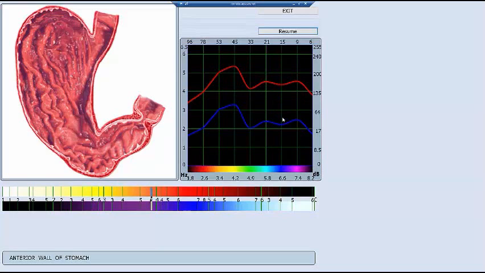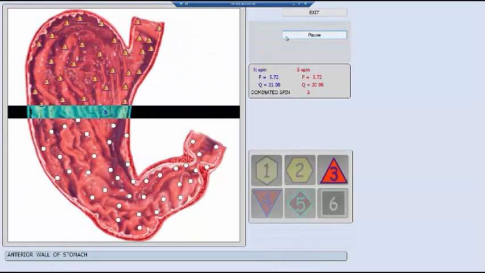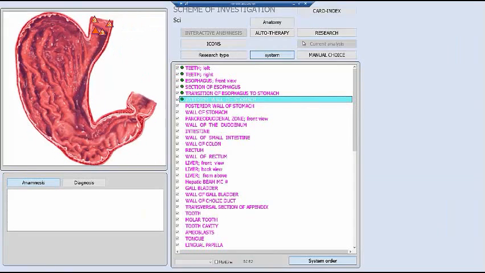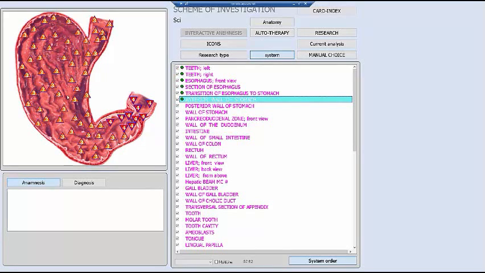So when you're looking at these graphs and you see a separation, and on this one, the whole separation, which would mean here the interior wall of the stomach, is dealing with a lot of issues. In other words, all of the things going on in the stomach are way out of the range of normal health. So we'll resume this again, allow it to finish, and we'll pause. And as we see, all of the numbers inside the stomach are 3s and 4s, and especially down near the bottom. We'll talk more in other videos of what these could mean, but for your reference,